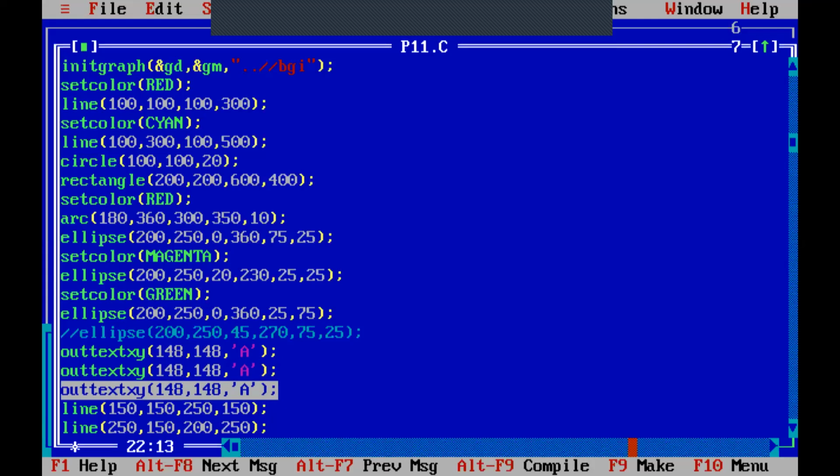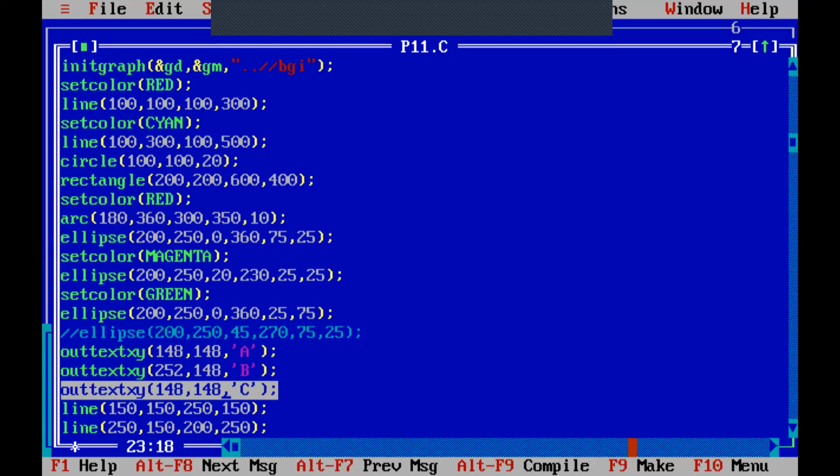The X value I will change to 252, and 148 stays the same. Here I will give the value as B. And the C value is at which point? The third point is 200, 250.